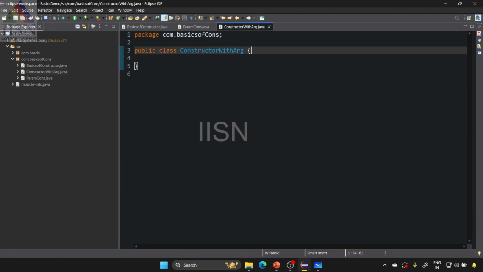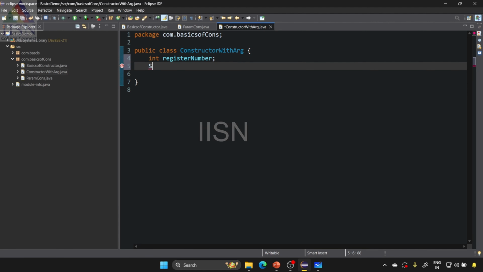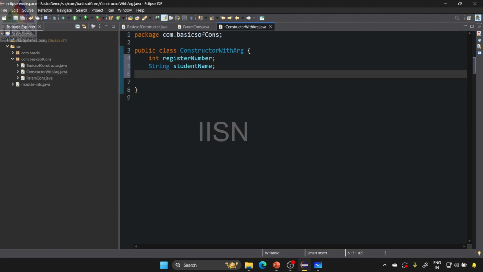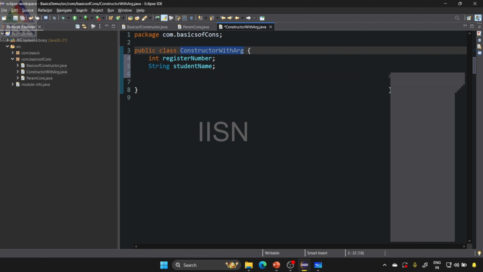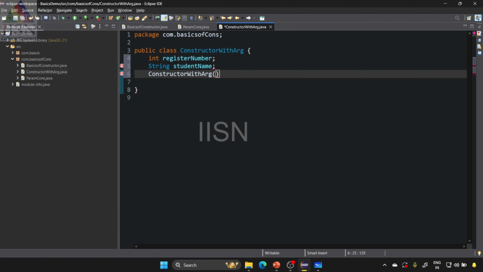Okay, so here I'm just going to create two variables. One is int register number, and then another variable which is called student name. So now I'm going to create two constructors in the program. One is a constructor without argument, another one is a constructor with argument. So now you see, under this constructor without argument,